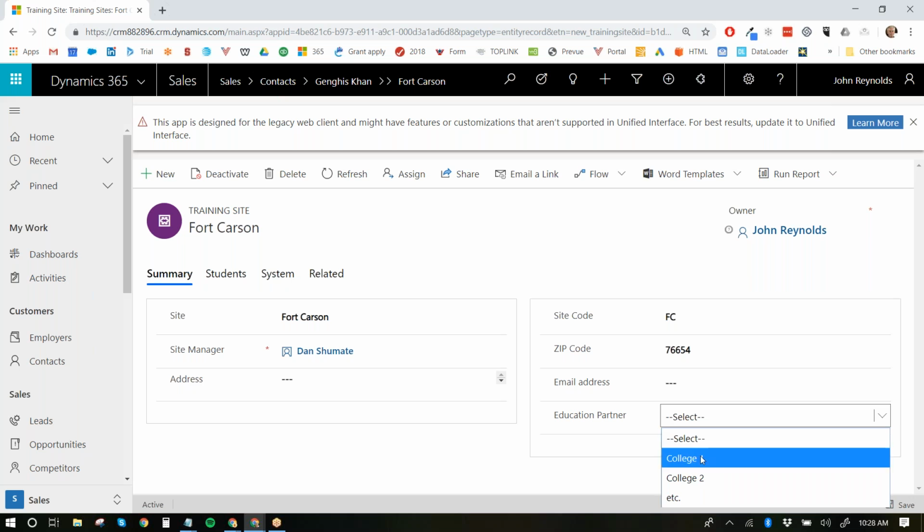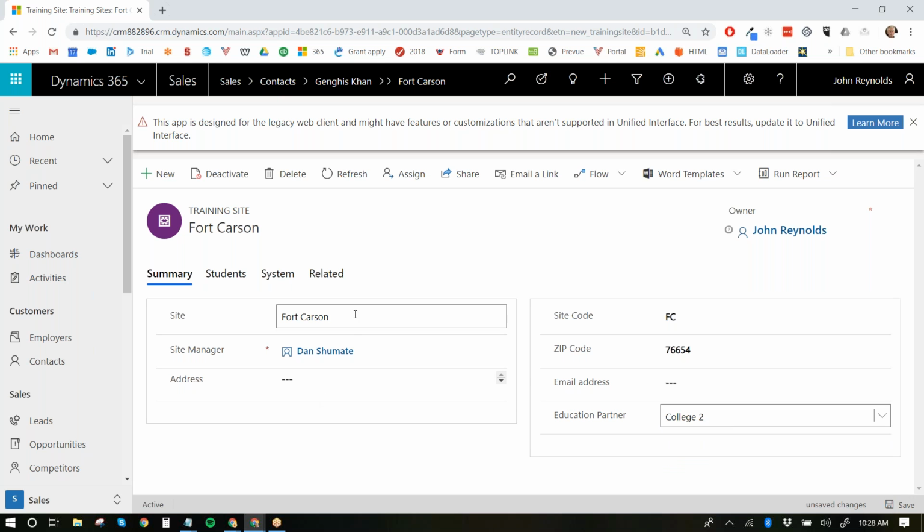You've got an education partner that would be a drop down because it's specific to that training institution, right? You've got the site name, you've got the site code, which by the way is going to be used to generate a cohort ID.